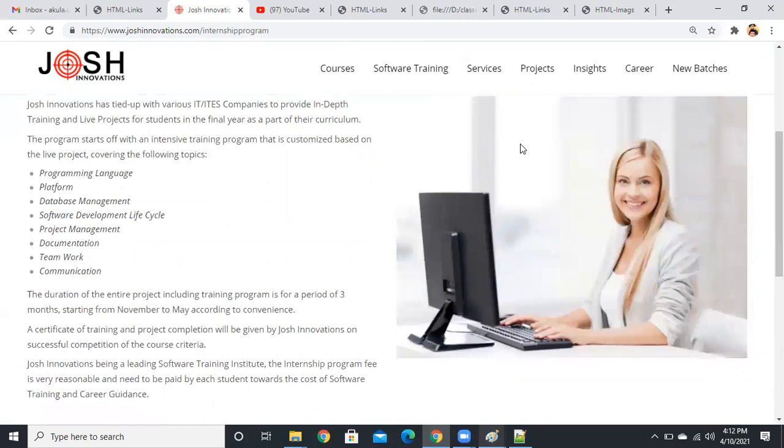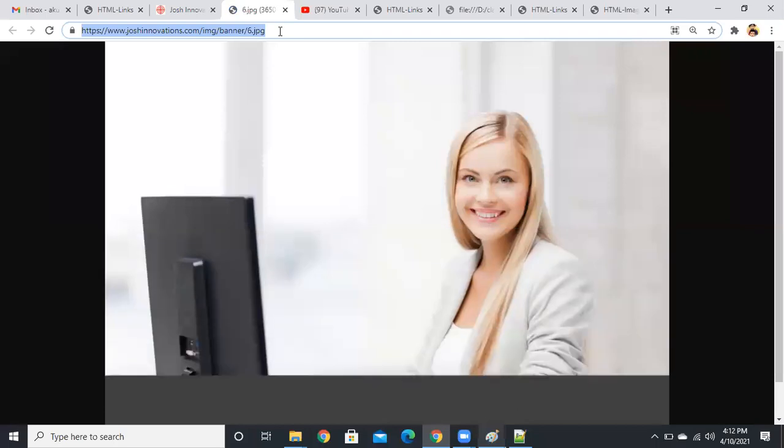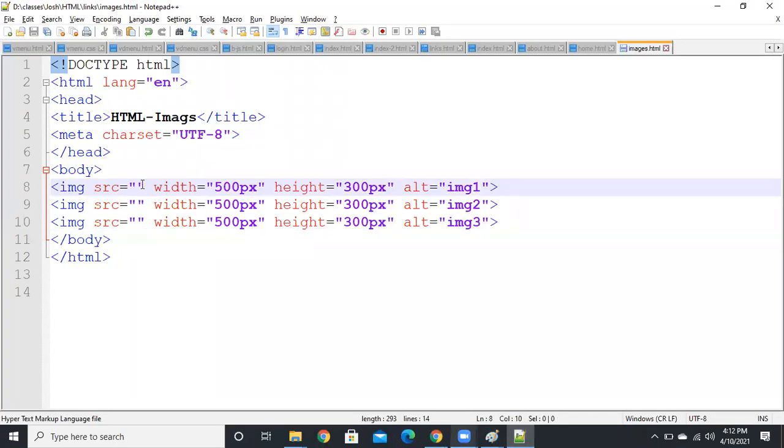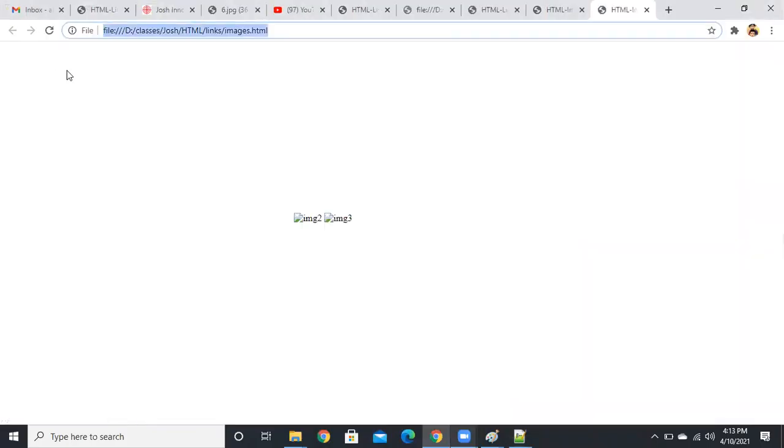Suppose here I have an image. Right click on this image and open it in a new tab. I want to get the image path, so I copy it and insert it into the src. SRC means source. Then open, and you will get the image like that.